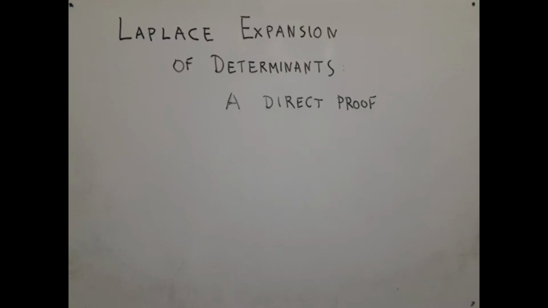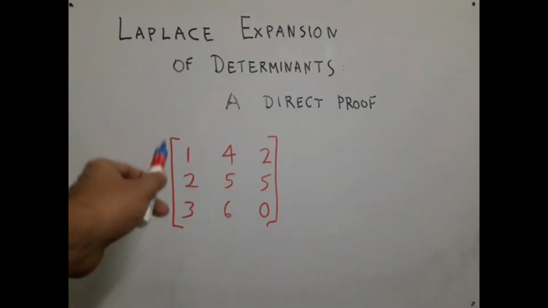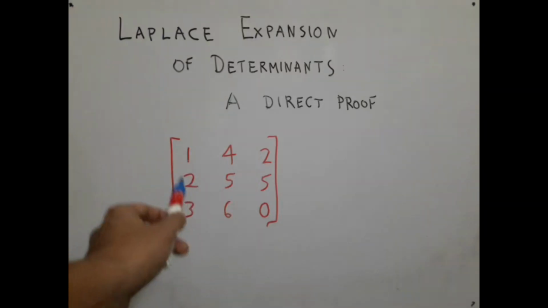Laplace expansion of determinants. In this video, we shall provide a direct proof of this result. Let us quickly recall the definition of determinants. To find a determinant, we start with a square matrix, and then we take one entry from each row and each